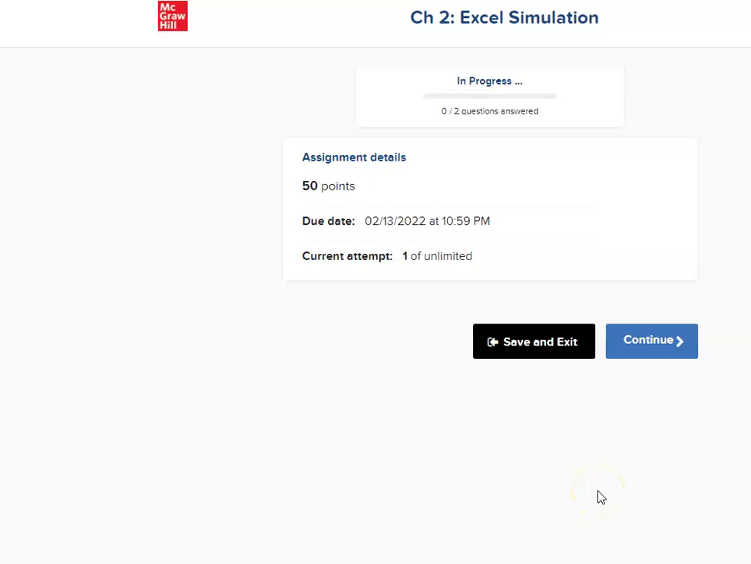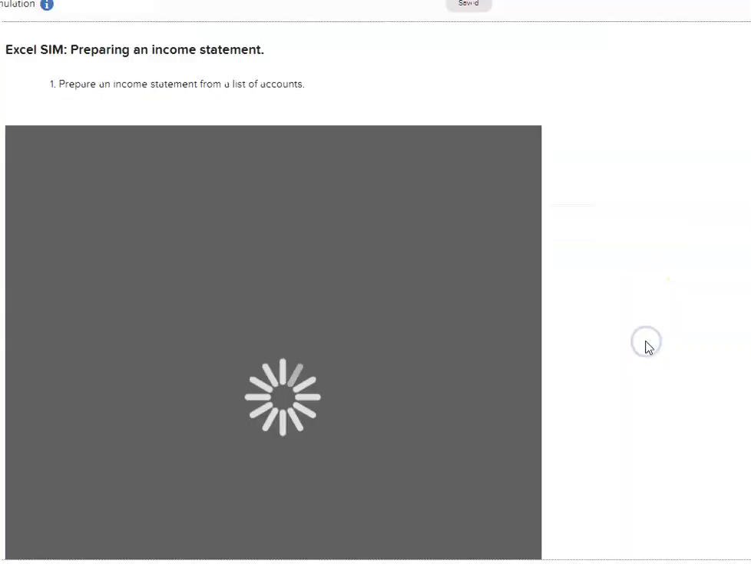Hello everyone, I wanted to go over real quick how this Excel simulation works. Some people are having difficulties because it doesn't really explain it that well unless you do the little tutorial. This is Chapter 2, which is open until the 13th. Now, this should be what you're seeing, and when I hit continue,